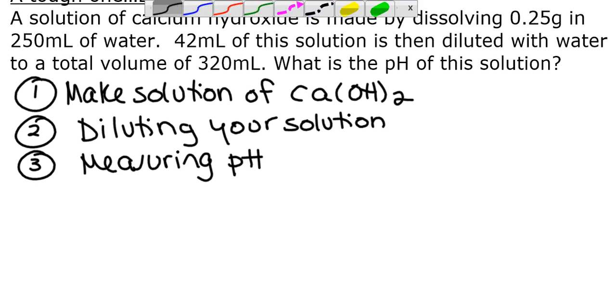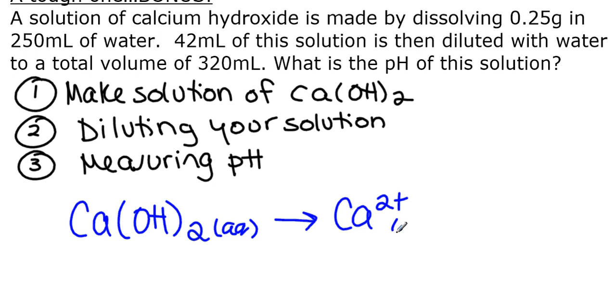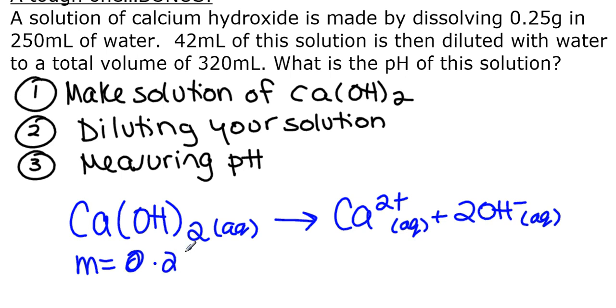Okay, so if we have calcium hydroxide, when it breaks apart into its ions in solution, you get calcium ions and hydroxide ions. So, in the first part of the question, if we want to find out what's going on, we need the concentration of solution. So, we are given 0.25 grams, and it's dissolved in